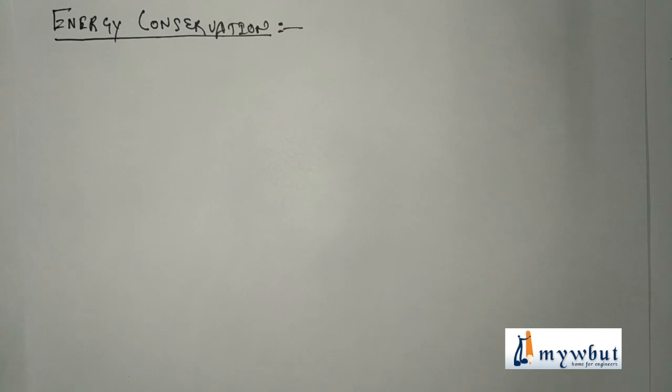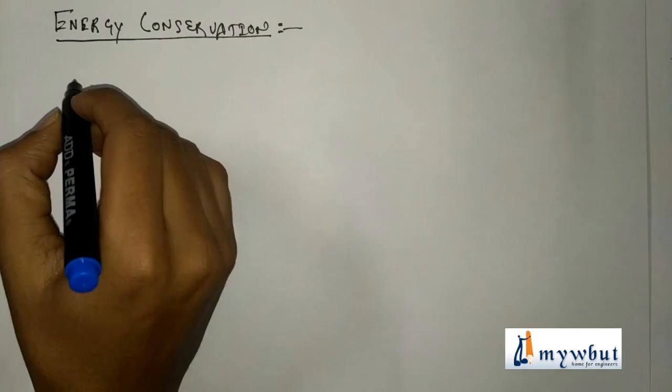Hello friends, welcome to this new video which is a continuation of the interference. So now, as I have told earlier, we are going to continue with the small concept of energy conservation in interference. So, in absence of interference phenomena, the resultant intensity due to the two waves having same amplitude A must be,